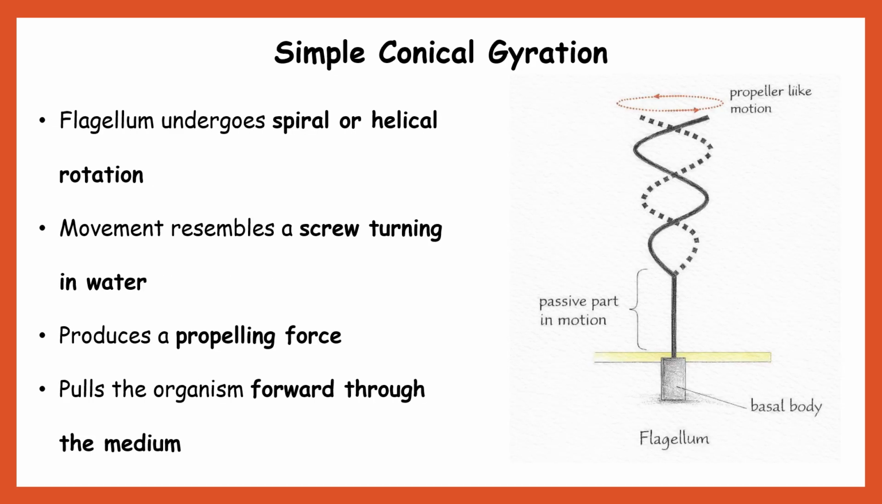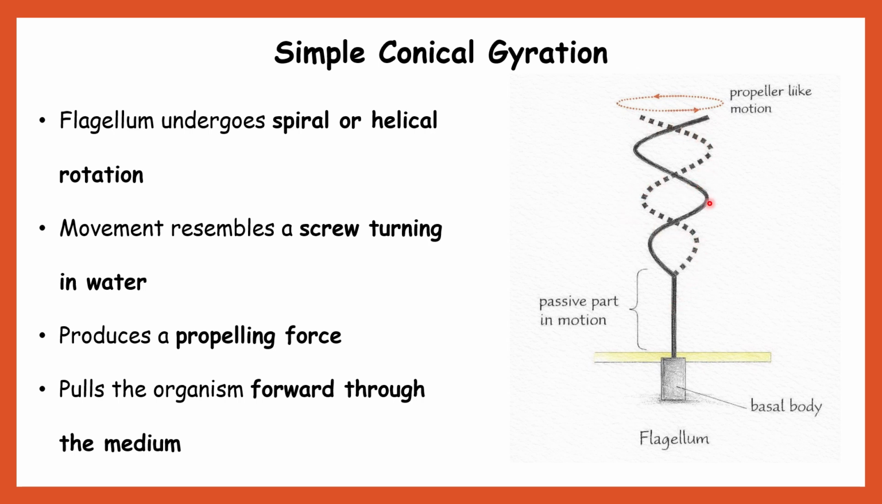undulating motion. Moving to the third type of flagellar movement, that is simple conical gyration. So what is simple conical gyration? As a part of this type of flagellar movement, this is basically the flagella, right? The flagella is first of all turned tightly like a screw. Once it is turned into a screw or spring-like thing, it is released back suddenly, right? Because of this sudden releasing of the flagella, it is going to create a propelling force